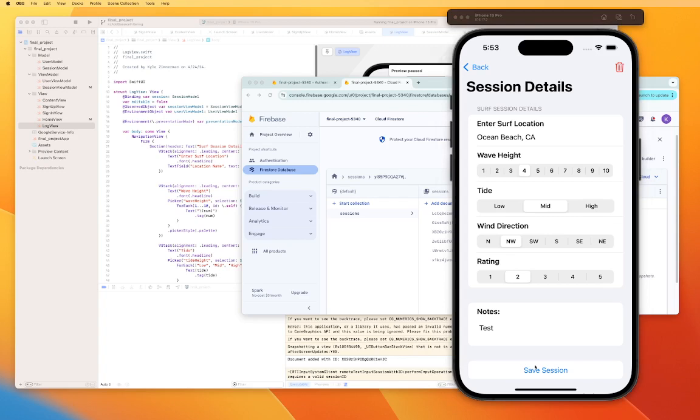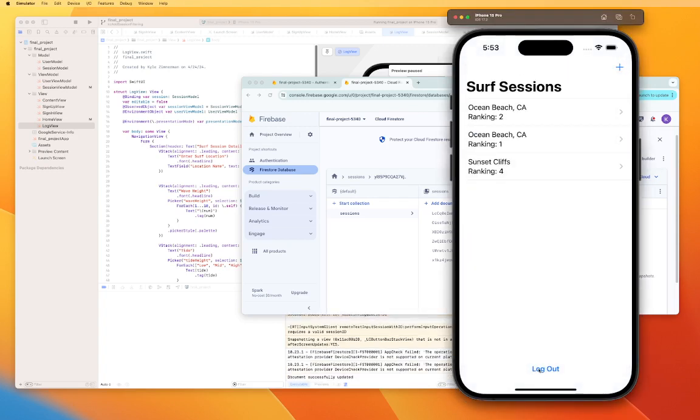Perfect. So that is the surf session tracking app that I've been working on throughout the past few weeks as my final project for the mobile application courses. In terms of future state,